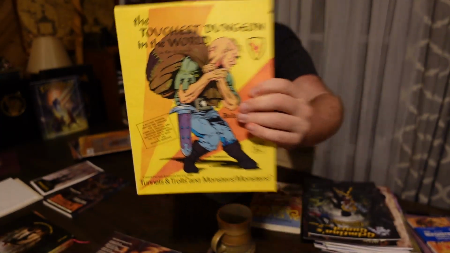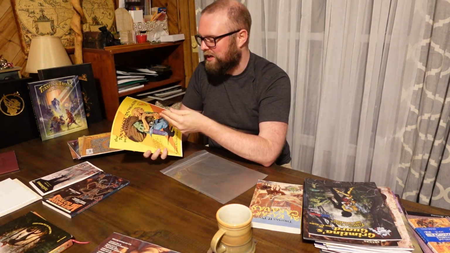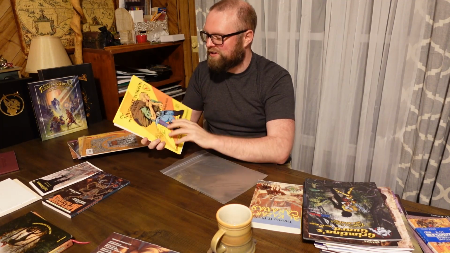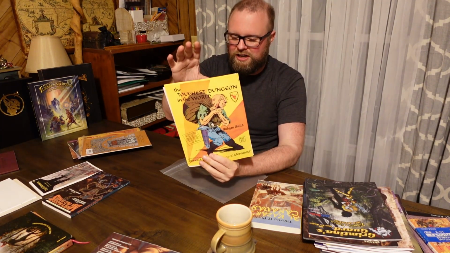Now, Judges Guild, they did have rights to publish stuff. They weren't one of the bootleg publishers and stuff. And they put out, I believe, 4 different things for Tunnels and Trolls. I know Rat on a Stick and such. They're pretty good stuff. But this one's a neat one because of the history of the toughest dungeon in the world,